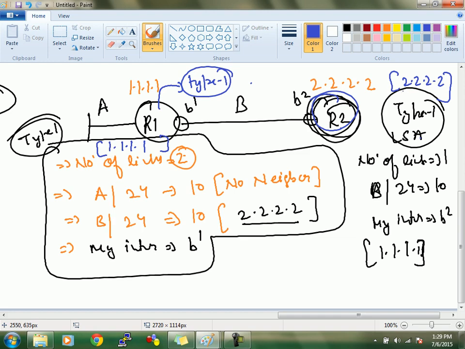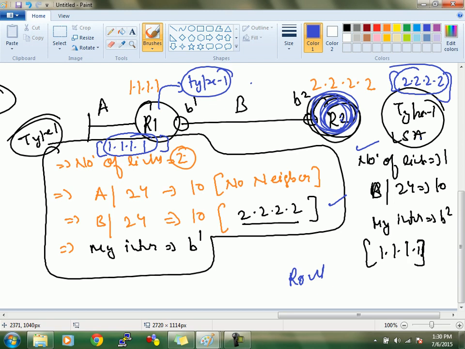हाँ भाई, now R1 will mark its LSA with the router ID and this LSA with the router ID. Fine. This thing is clear. कोई issue किसी को? In the end, after exchange of updates, how many LSAs R1 will be having? 2. How many LSAs R2 will be having? 2. Agree? Now R1 has to use, or we will discuss from the R2 point of view, R2 has to use this LSA and this LSA to build its